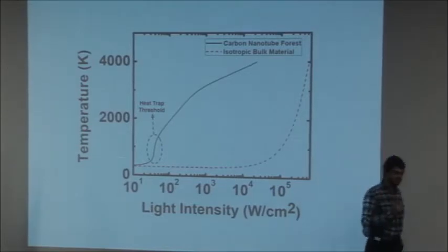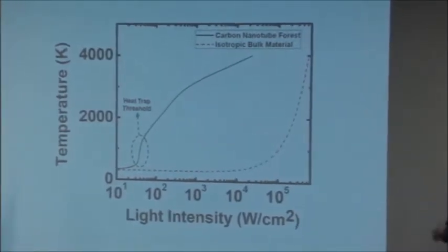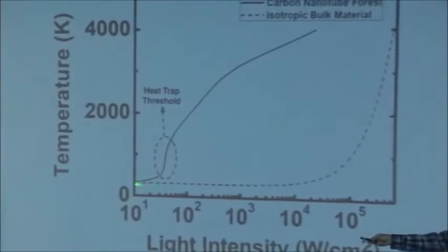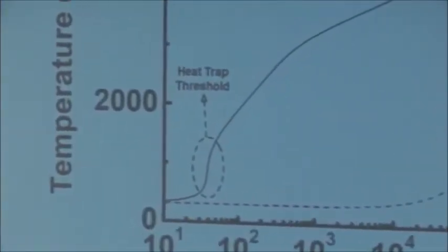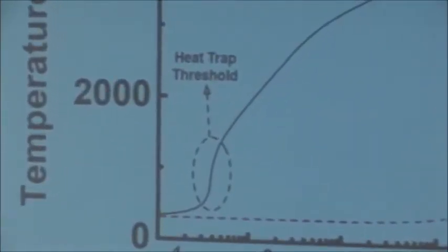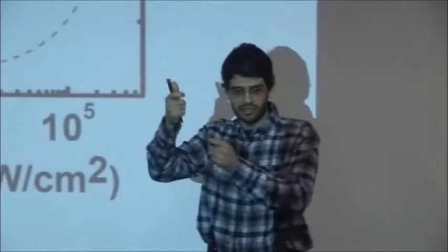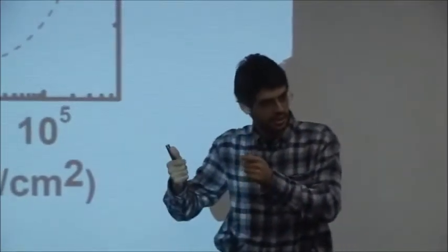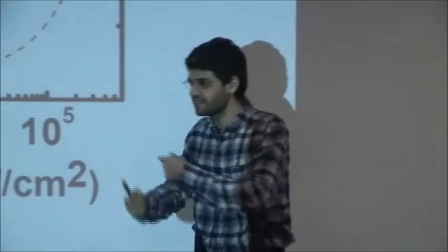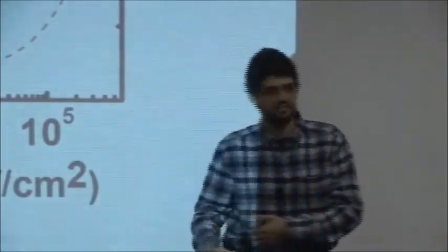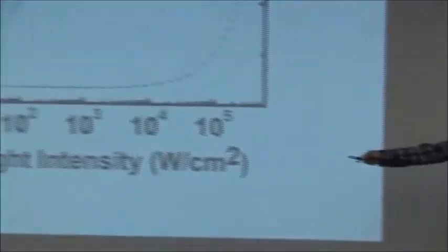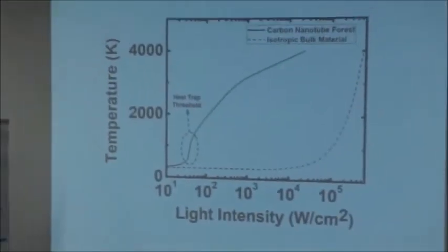And so what we think is happening there is this: once you reach an intensity threshold, a little heat accumulates there. It can't dissipate easily to the surroundings, so temperature goes up a little bit. As a result of that, thermal conductivity drops a little bit, right? And so you enter a snowball effect, a positive feedback mechanism, whereby all of a sudden you go from one semi-stable situation to another one, where the temperature shoots up very significantly.